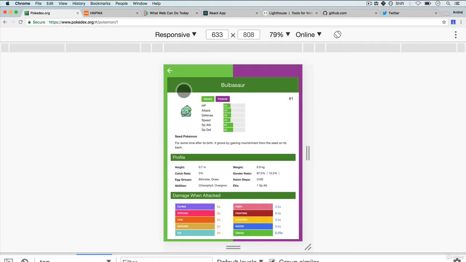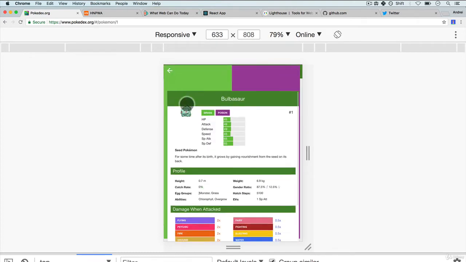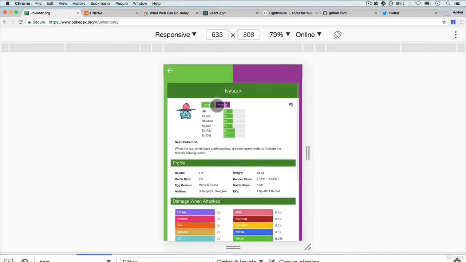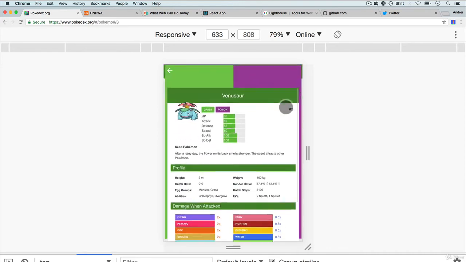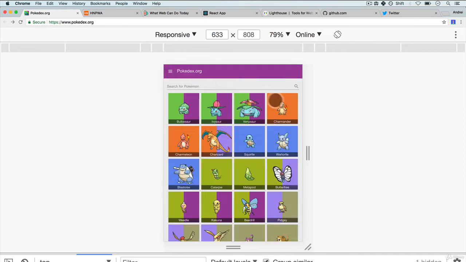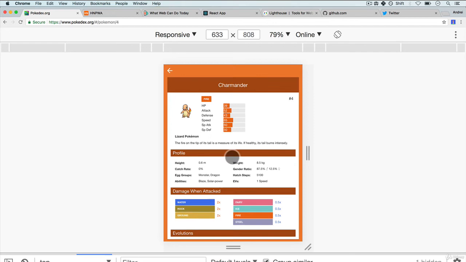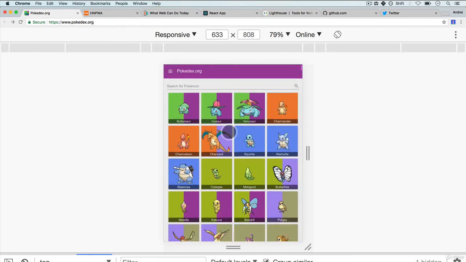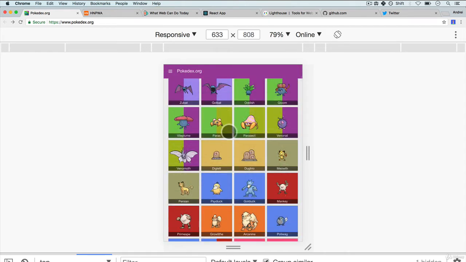This still works. How cool is that? If I had this on my phone, even though I don't have an internet connection, I would be able to still check out all these Pokemons. All right, let's turn back the Wi-Fi